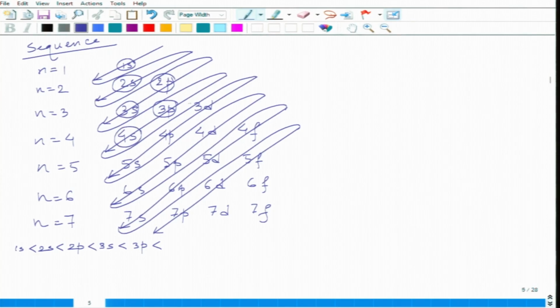See, 3d is still left, but first 4s will be filled. 4s. Then if we follow the path, we get 3d. After that 4p, then 5s, then we will get 4d, then 5p,